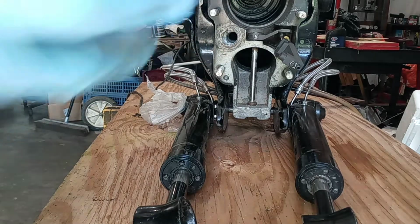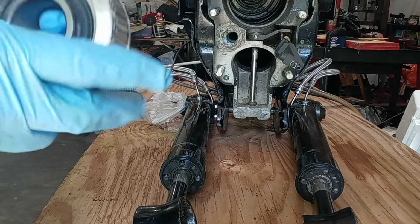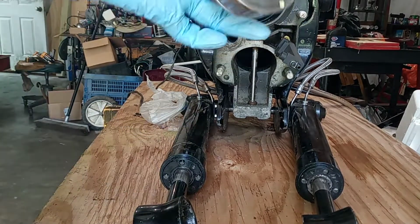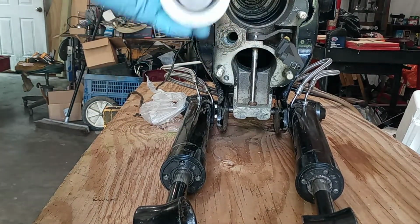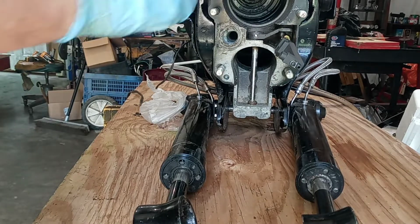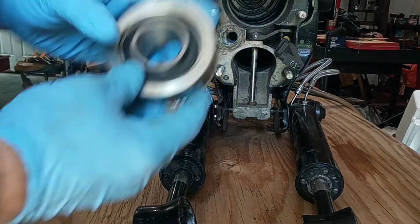The reason is, as hot as it is outside, this housing is going to be a lot warmer, a lot easier to get this bearing in if it's warm, and this is cold where it's contracted because it gets either knocked in, in our case, we're going to pull it in from the inside since the engine's not in it. Most of the time you just stick it in there and you just tap it around the ends till it seats the distance of this. But anyway,